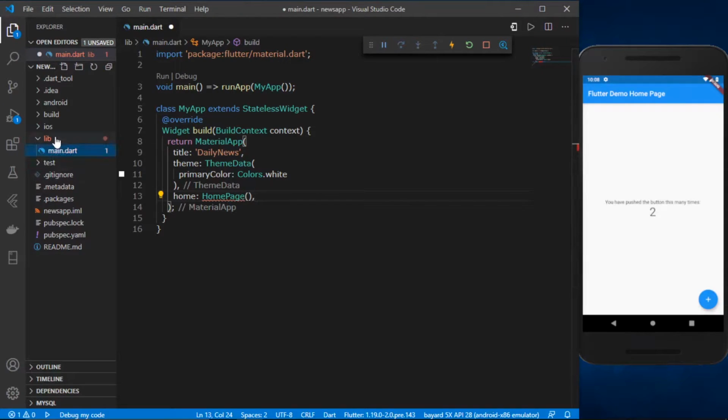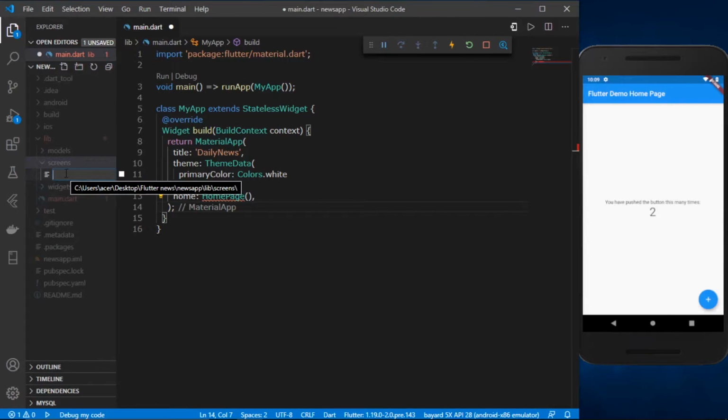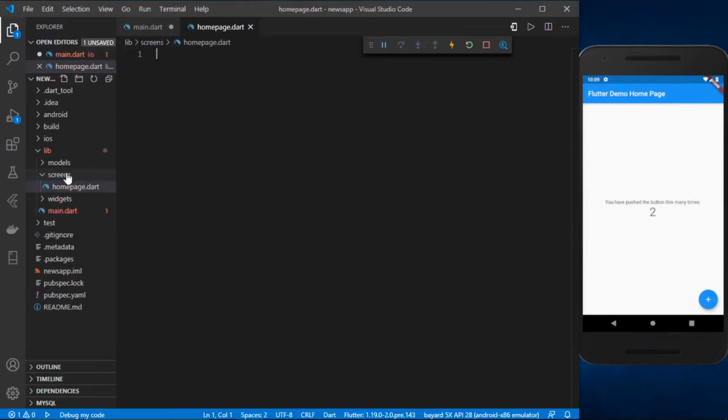So right here inside my lib folder, I'm going to create a new folder, and I'll just call it screens. And I'm going to create actually two more folders. The next one would be the models folder, and then the widgets folder. Okay, so now inside my screens folder I'm going to create a new file, and let's call it homepage.dart, and inside my homepage.dart file I'm going to